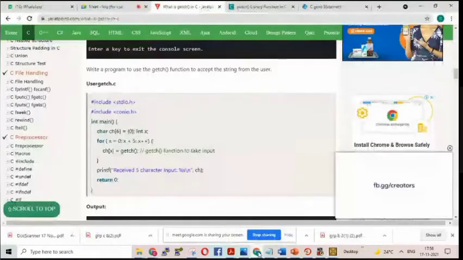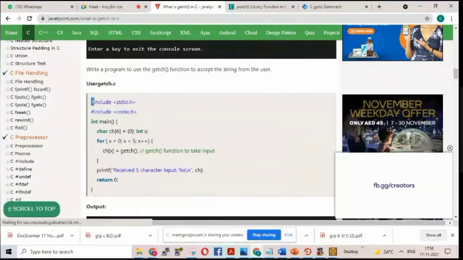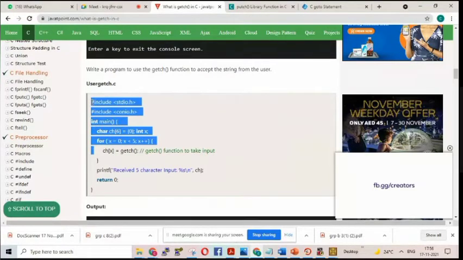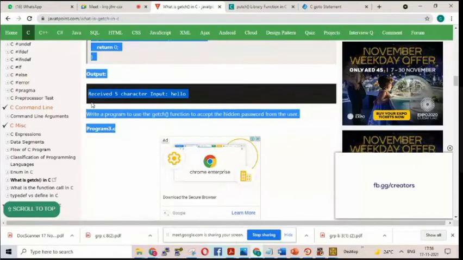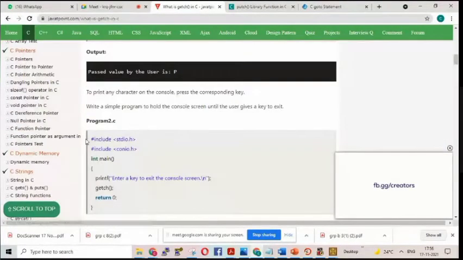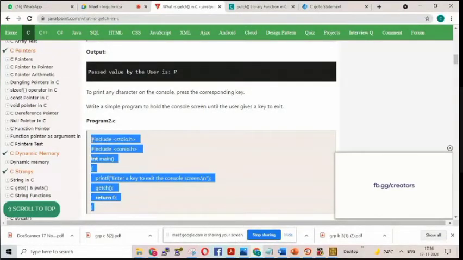See, this is the program. I will take a copy of this program, suppose this getch program. Completely I should copy any program. I will do Control C and take a copy of it.